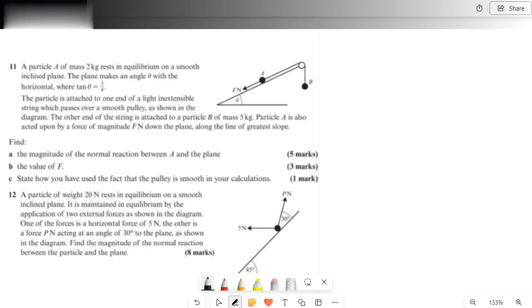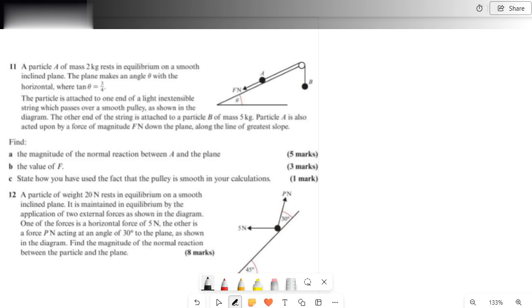So for number 11, a particle A of mass 2 kg rests in equilibrium on a smooth inclined plane. The plane makes an angle theta with the horizontal, where tan theta is equal to 3 by 4. The particle is attached to one end of a light inextensible string which passes over a smooth pulley as shown in the diagram. The other end of the string is attached to a particle B of mass 5 kg. Particle A is also acted upon by a force of magnitude F newtons down the plane along the line of